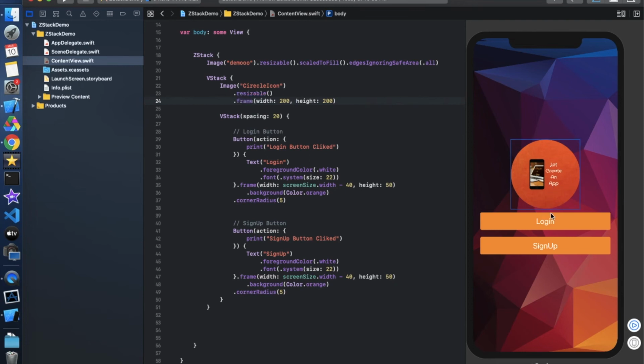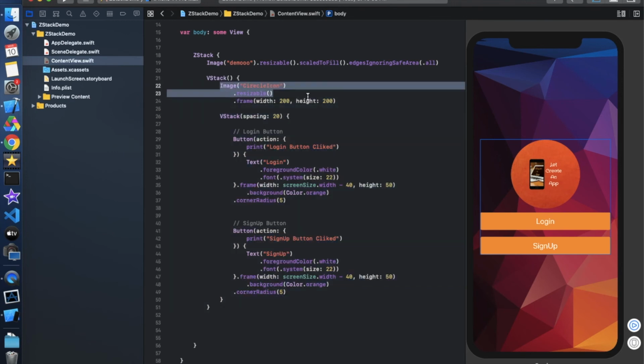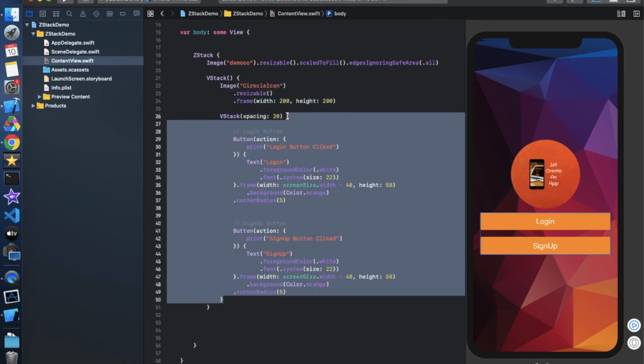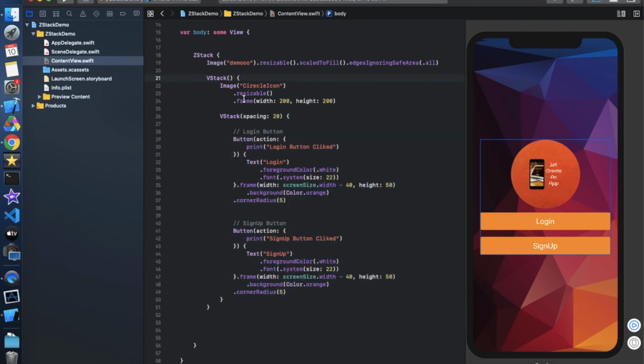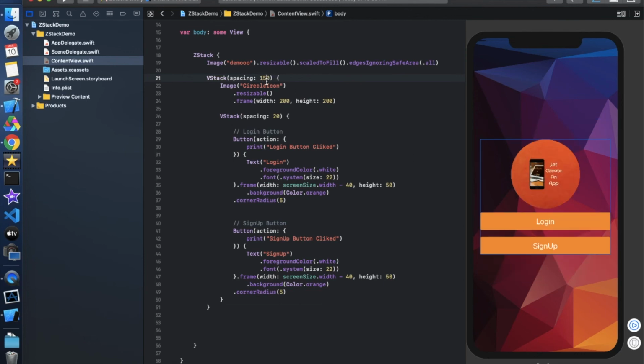Now there is no space, so we need to provide a spacing over here. So basically this is one VStack in which we are having two elements, that is this image as well as this complete VStack. So the spacing which we will provide over here only works between these two views. So spacing like this, and the spacing should be like 130 pixels or 150 pixels. It's totally up to you. So now it's looking something like this, and even we can increase the spacing like 150 pixels, and it is